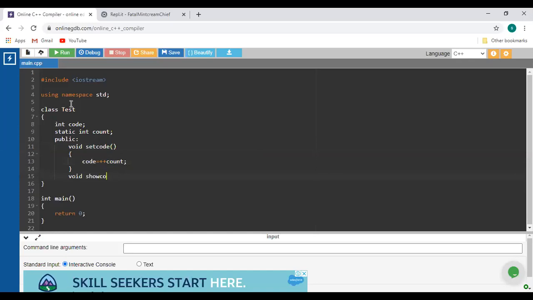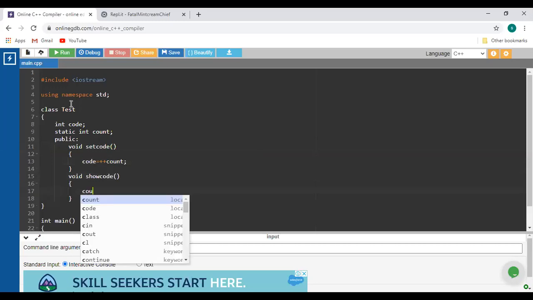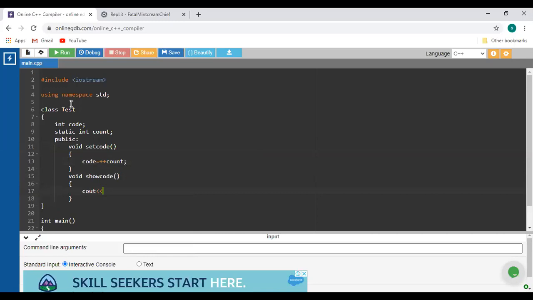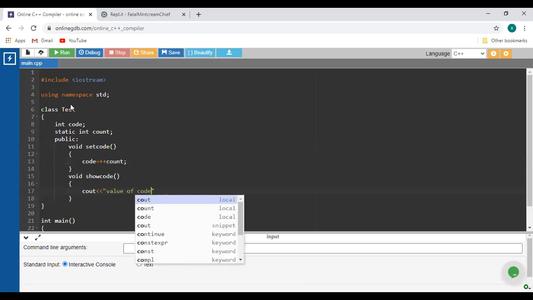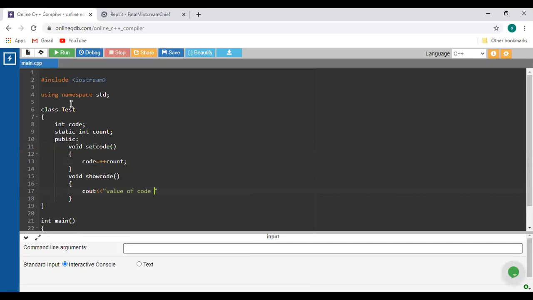show code, and inside that I will write here value of code, so it will display a better result. Code, and then I will use the new line. After that, I will use the static variable.